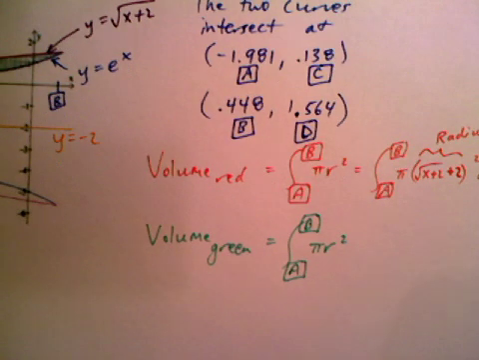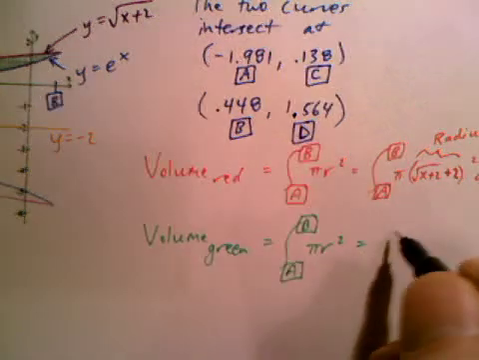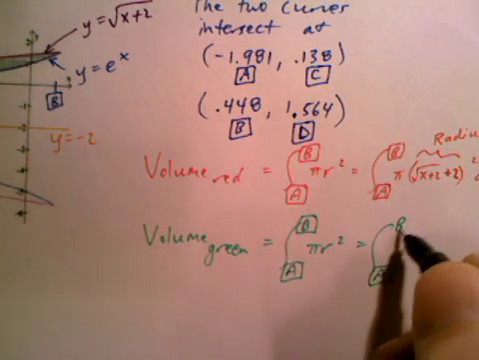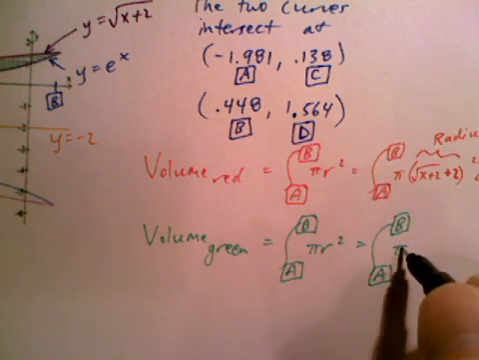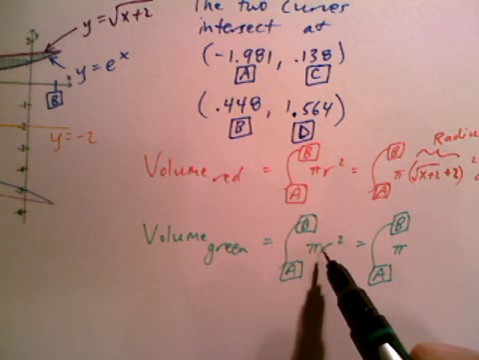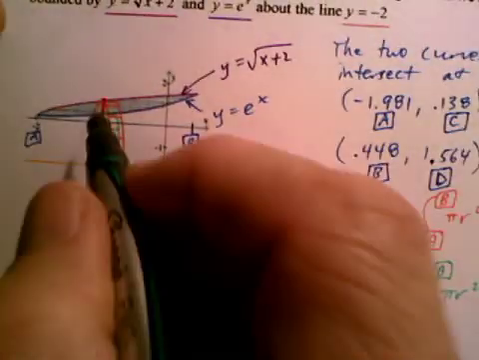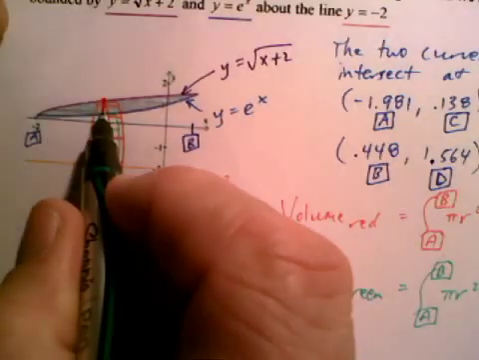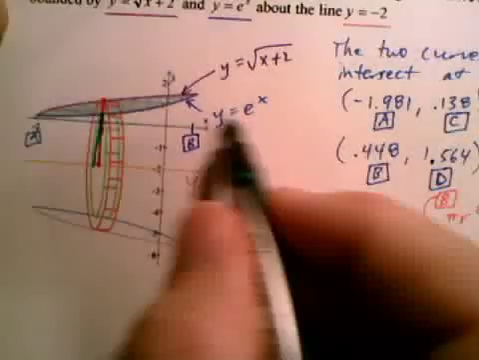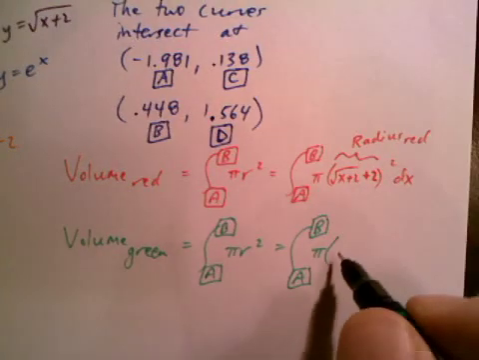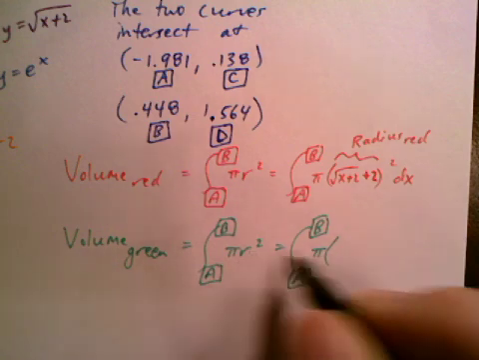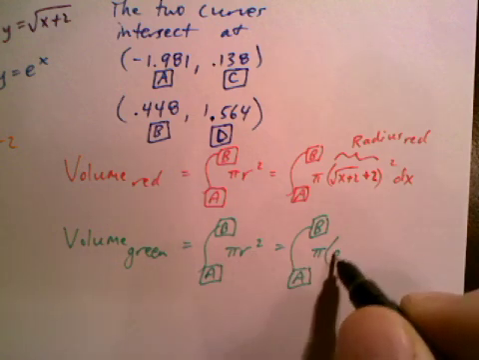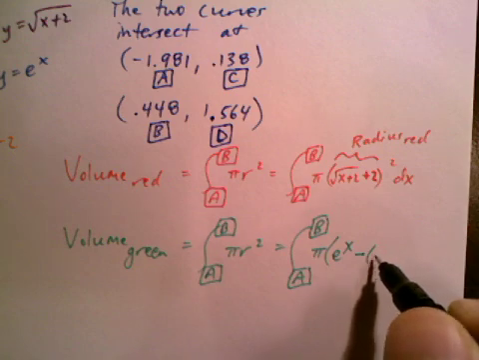We're going to add up an infinite number of volumes of green discs. It goes from a to b, integrate from a to b, pi times the radius of the green disc. The radius would be the distance from the curve, which is the blue curve now. This is the bottom one. The blue curve is e to the x minus -2, and we're going to square that. So pi r squared, where the radius is e to the x minus -2